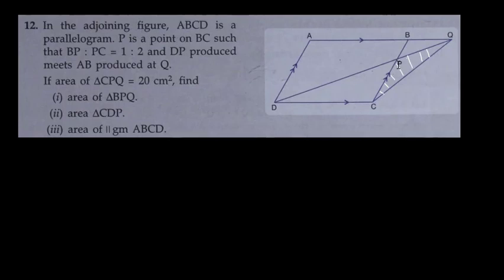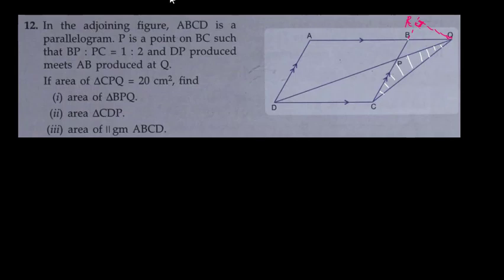Now if we see this diagram, this area is given and this ratio is given. So to find this area, we can extend this side CB. From this point Q, we will draw one perpendicular on this CB produced, something like this. This is Q and say this point is R. QR perpendicular we have drawn.